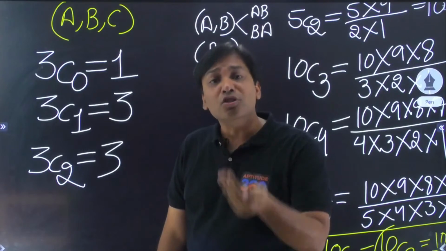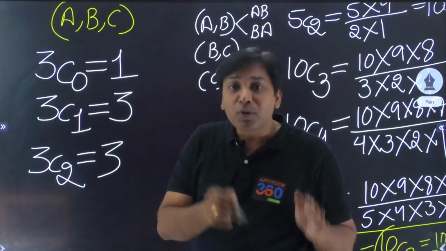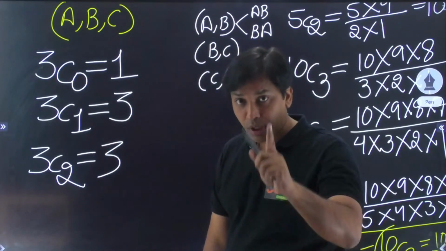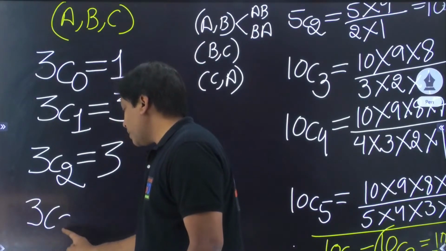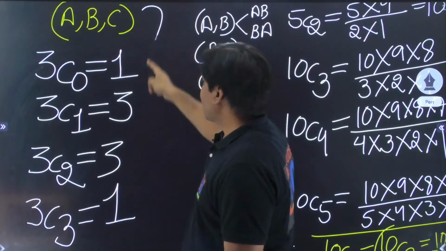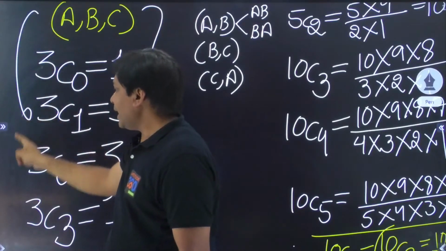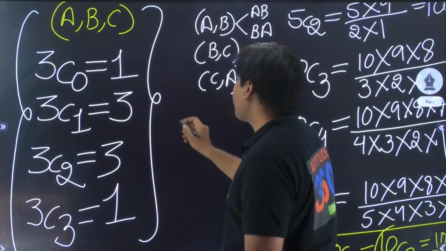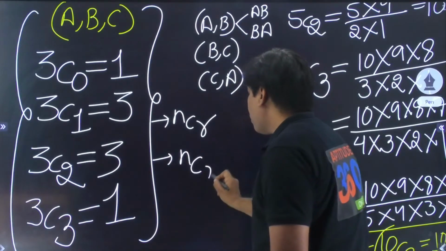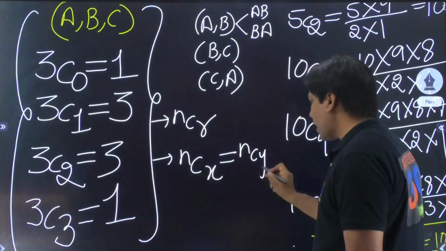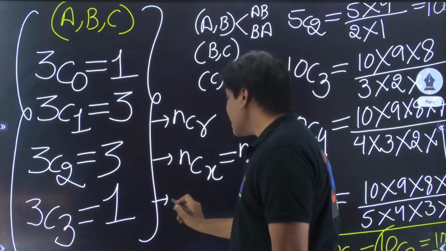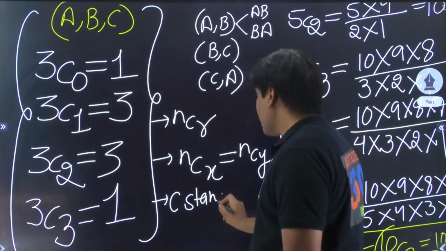क्योंकि हम arrangement में concerned हैं ही नहीं. What is it that we are concerned about? We are concerned only about the selection. So 3C2 is equal to 3. And if I say 3C3, आपने अभी अभी किया, this is nothing but 1. So एक तो ये हो गया. आपको शॉर्टकट के थ्रू nCr निकालना आता है, number 1. Number 2, you understand what nCx is equal to nCy, right? And what is number 3? You understand that C stands for